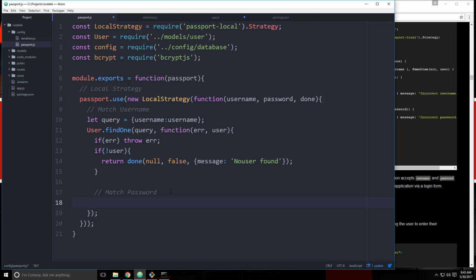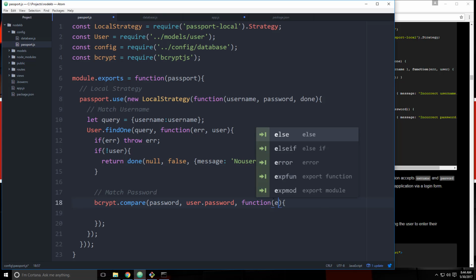All right, so for that, we first need to bring in or call bcrypt. We're going to say bcrypt.compare. It has a method called compare, and that's going to take in the password we want to test, which is going to come from our form. So we want to pass in that, and then we want the actual password hash that's in the database, and that's coming from this object because we're finding the user, and then we'll have access to the hash password, so we want to pass that in, user.password. Then we want a function,